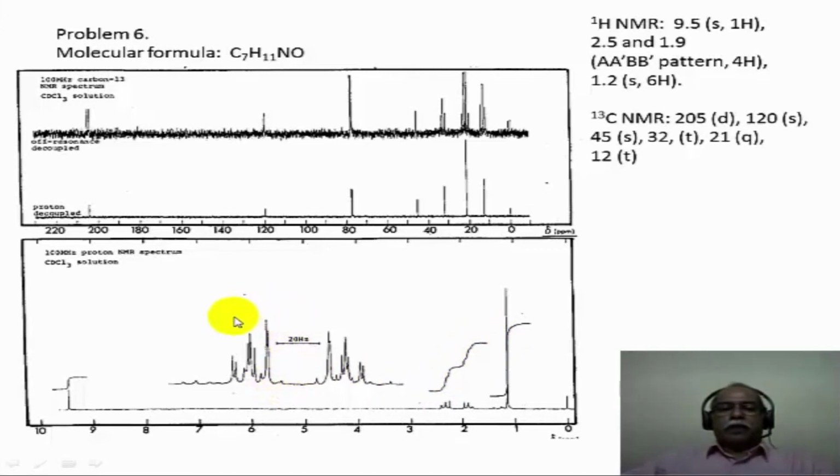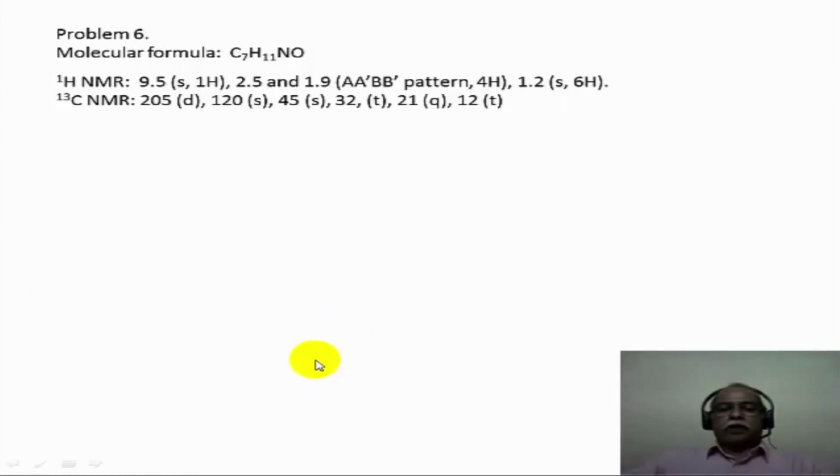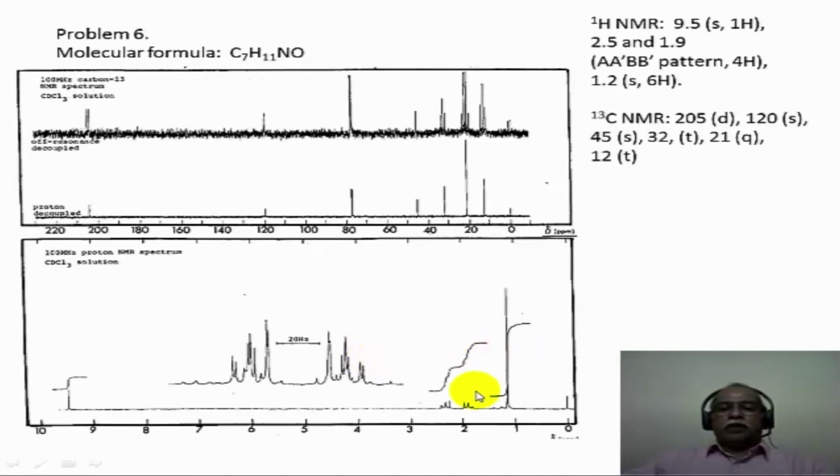So this part of the multiplet corresponds to 2 hydrogen intensity, the BB prime side of the AA prime BB prime pattern. On the other side you have the AA prime pattern, which corresponds to 2 hydrogen intensity. So totally 4 hydrogen intensity satisfies the fact that this should be a 4 spin system. In the aliphatic region, such a 4 spin system can come only if there is a doubly substituted ethylene group. In other words, an XCH2CH2Y kind of fragment is responsible for this structural feature in the molecule.